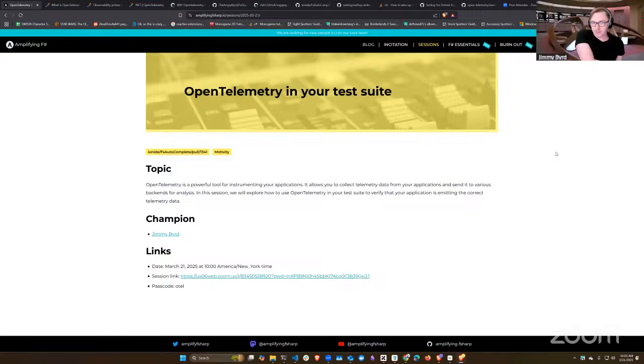So today I'm here to talk about OpenTelemetry in your test suite. These are a set of tools that allow you to get visibility into what's going on in your code. I'll do a brief start at the beginning. This is not to try to cover every aspect of OpenTelemetry. It's pretty wide, but